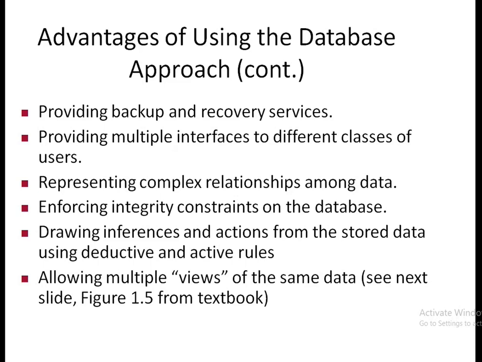Another, more complex type of constraint is specifying that a record in one file must be related to a record in another file. For example, a section record may be related to a course record. That concept we call a referential integrity constraint, where it relates two files. If any change happens in one file, it will be reflected in the other file.